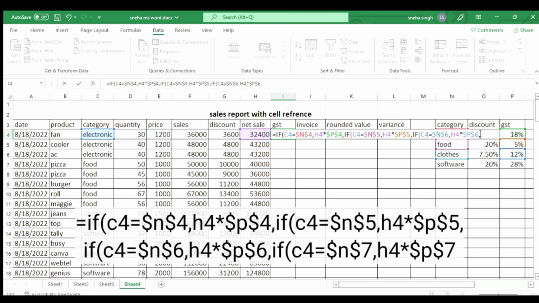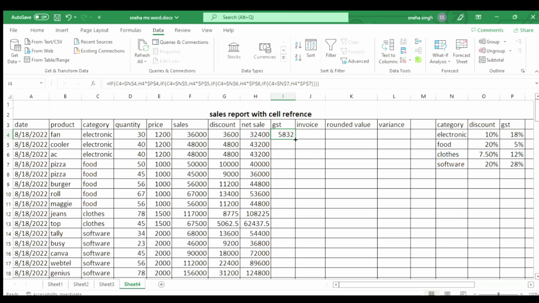Our third condition is also fulfilled. Now again write comma IF, select tab, select category, put equal to, select the software and freeze it. And after that select net sale, multiply it by GST and then press enter. As you can see, now we have calculated the GST.